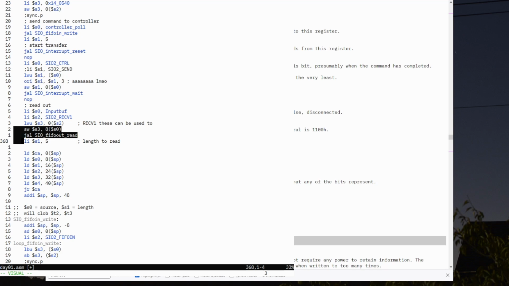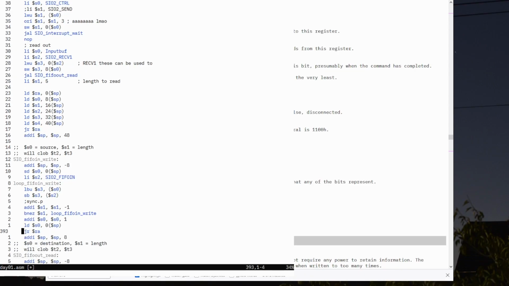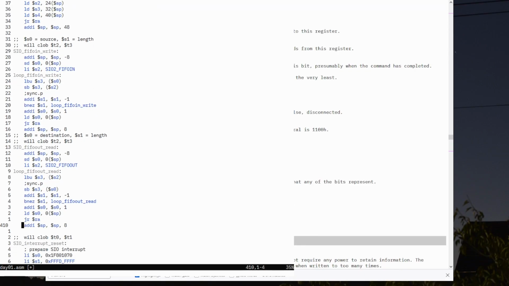So then we jump into the SIO FIFO read out. We have to read the bytes out of the FIFO. We've got to read 5 bytes out because we sent 5 bytes to it, right? And so we go here and we loop reading bytes out of the FIFO